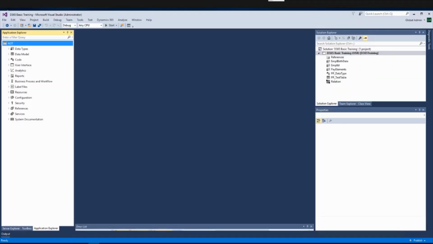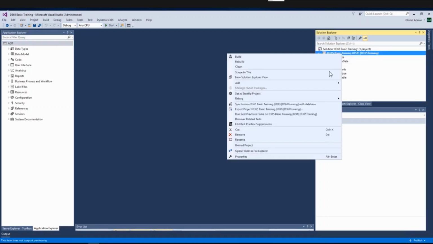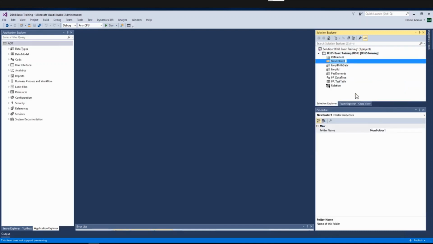Before creating them in the system, let me organize these objects based on the element type so that it will look good. All the EDTs which we created in our last class, I will create one group, EDT.